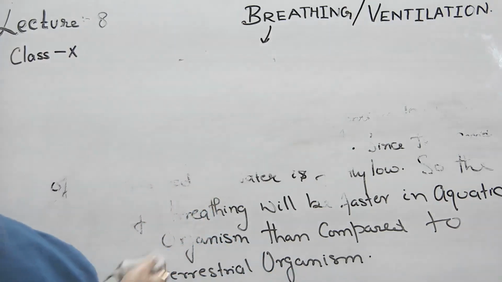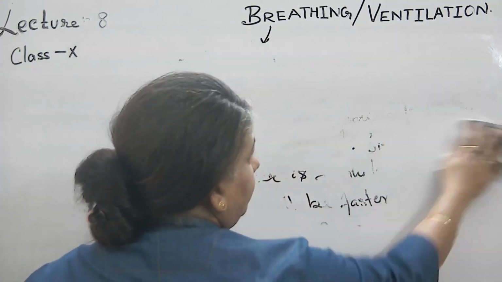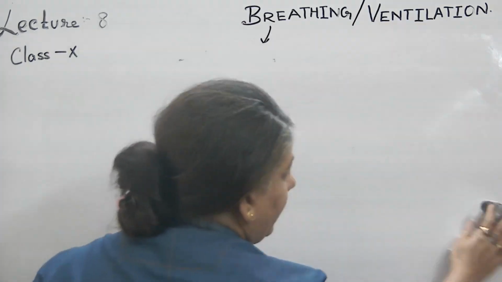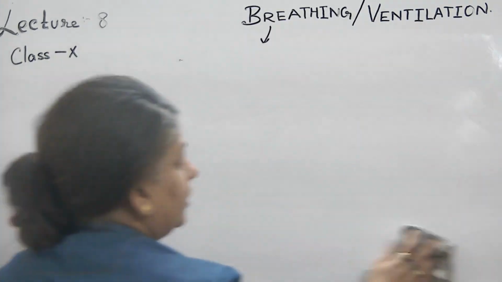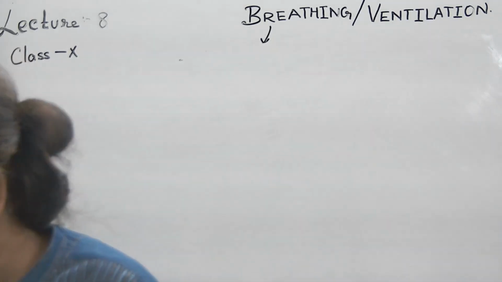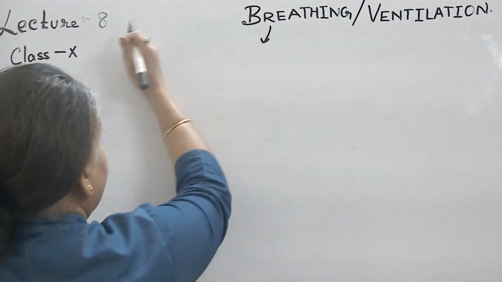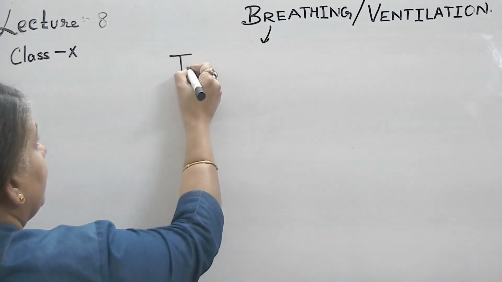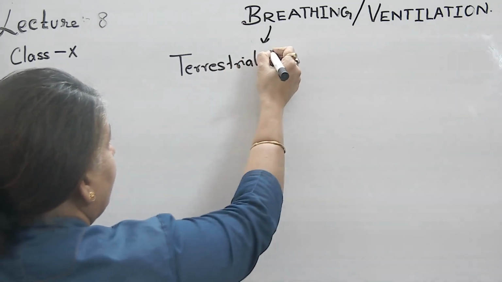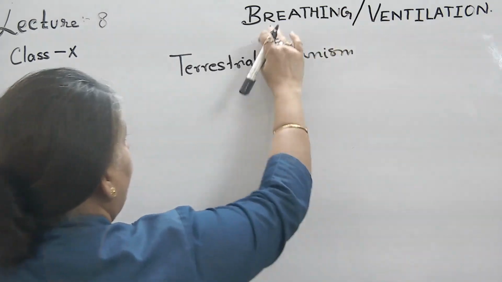See, organs of breathing, you have learned in your previous classes that fishes have gills, terrestrial organisms or animals have lungs to breathe. So what are the features of these organs? We'll see to it. In case of terrestrial organisms, which includes human beings also,